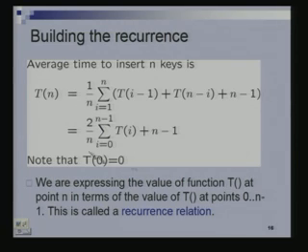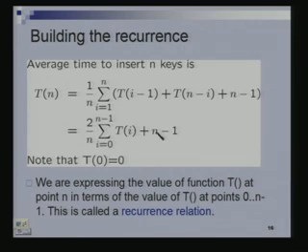So, such a thing is called a recurrence relation. This is a function T, which is a function of n. We are expressing the value of this function at point n in terms of its value at previous points, right. So, I can use this relation to compute T of 0, T of 1, T of 2 and so on. So, T of 0 is 0. So, what is T of 1? T of 1 equals 2 over 1 times T of 0. T of 0 is 0, so this term goes away.